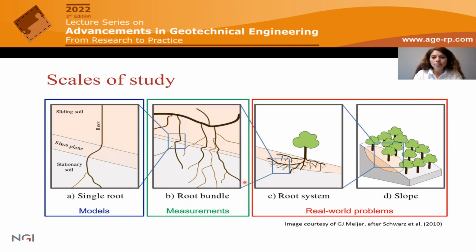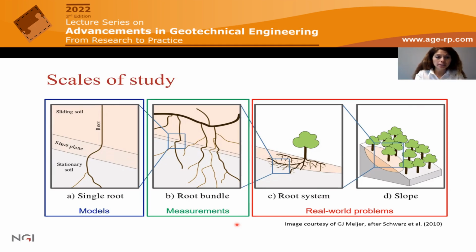However, in real-world problems, the situation is more complex, and at the slope scale, it's not possible to isolate the effect of a single root or a root bundle, but we need to take into account the whole effect that roots can have on each other and on adjacent vegetation. So the current research on this topic is mostly on understanding first the behavior of root-permeated soil by quantifying the effects on soil properties, especially at lab scale, when we have a controlled situation, we have something that we can control, we can isolate different effects in order then in future to be able to design proper plant-based solutions for